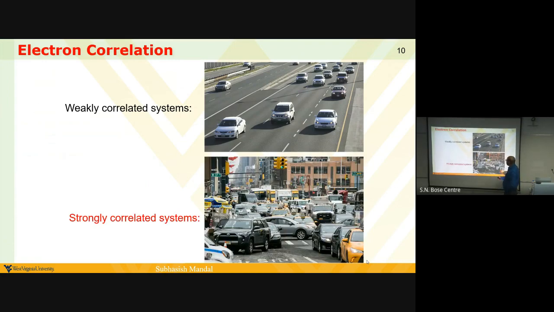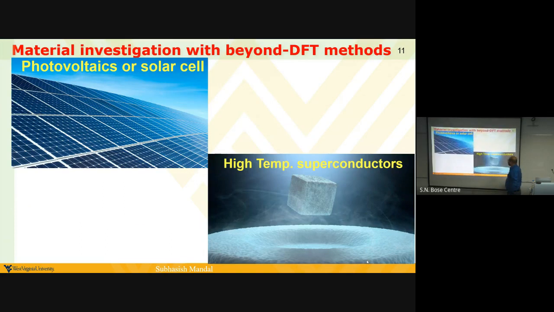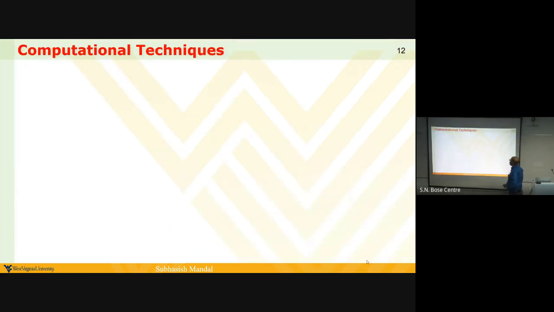Now, just to give a pictorial view of what a weakly or strongly correlated system is: in a strongly correlated system, one electron's motion is dictated by the others' motion, and it also happens in materials where the electron's mass gets really large. So these are not just a concept; these are technologically relevant materials. We have to be quite serious about getting them accurately understood. For example, photovoltaics or high temperature superconductors are examples of strongly correlated material.